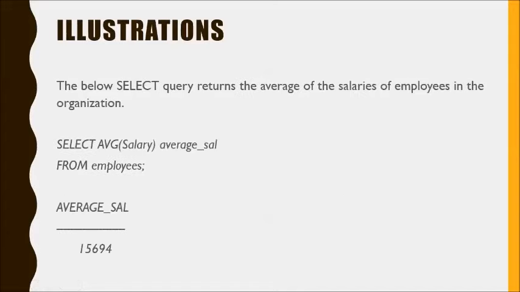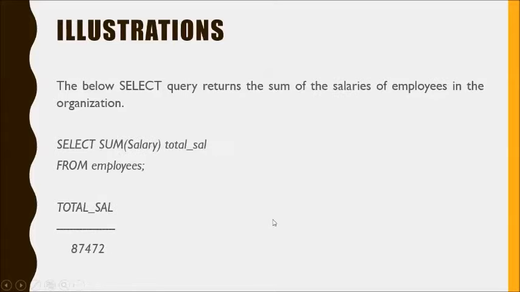So the below select query returns the average of the salaries of employees in the organization. So we have select AVG for average, salary, average underscore sal from employees. So the sample output would be 15,694. So the below select query returns the sum of the salaries of employees in the organization. So we have select and then sum, salary, total underscore sal from employees. So example, output is